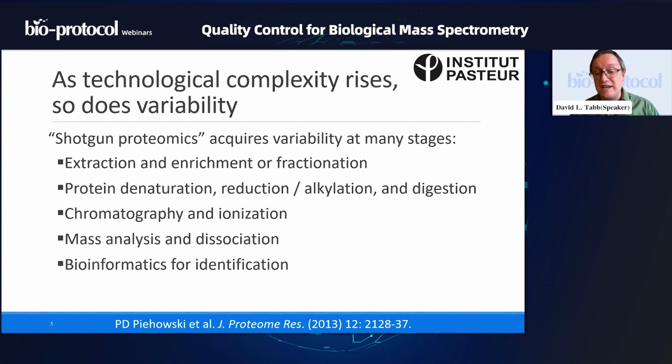The way that chromatography takes place can certainly differ. Ionization, yes, sometimes you can have the source varying a little bit in the voltage on it, or the temperature in the heated capillary, any number of things here. The way that mass analysis occurs can certainly differ. Your instrument may be in calibration or out of calibration. The way that dissociation is taking place can change based on the pressure of gas, for example, in the place where you're doing CID. And a lot of people don't think about this, but the bioinformatics we use for making sense of these data can also lead to variability.